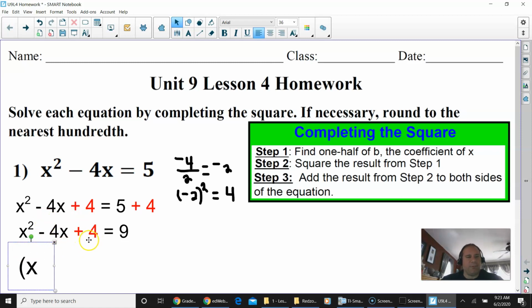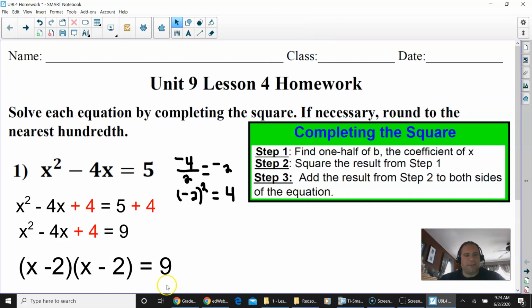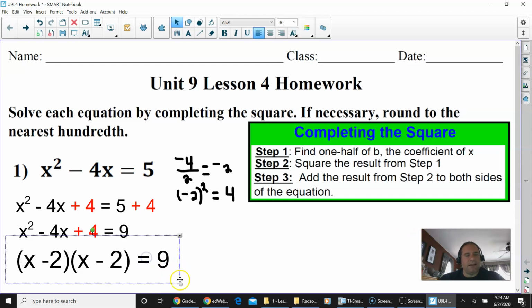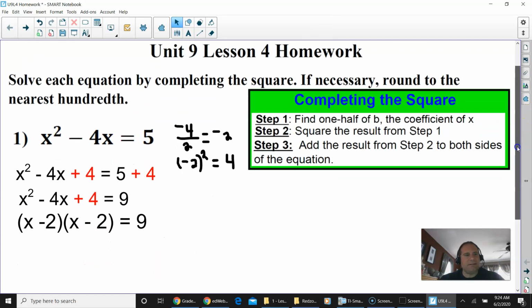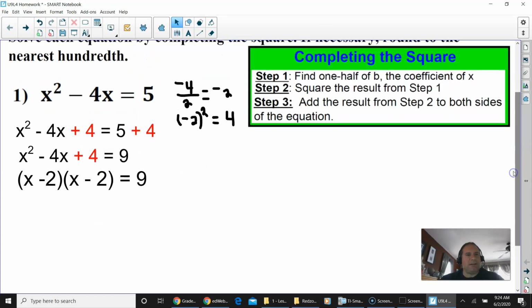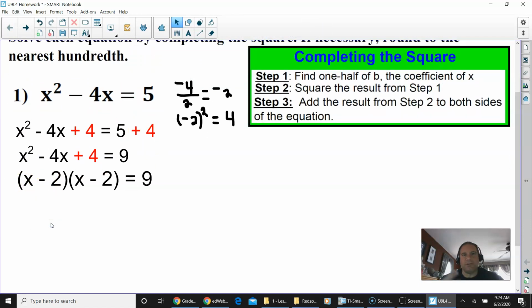So what two numbers multiply to 4 and add to -4? That's -2 times -2. -2 plus -2 is -4. So we have this next. Okay, so we have that. And when we have the same thing in parentheses twice, that means we could put this x minus 2 squared equals 9. And that makes it a lot easier